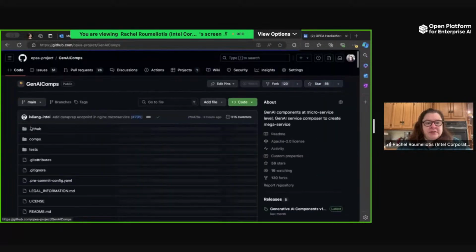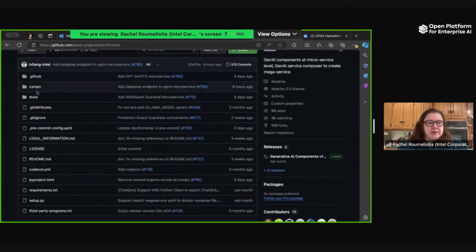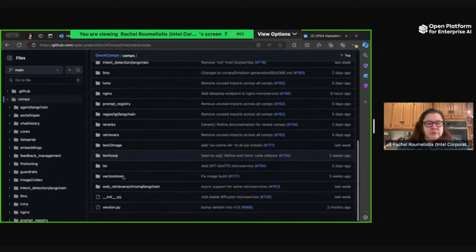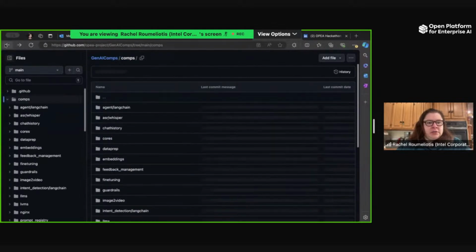The different components that make up each of those examples can be seen here. Like this is where we want to make sure that, let's see, hold on, vector stores like Milvus is fully filled out and stuff like that. So we'll talk to Stefan and make sure it is. And